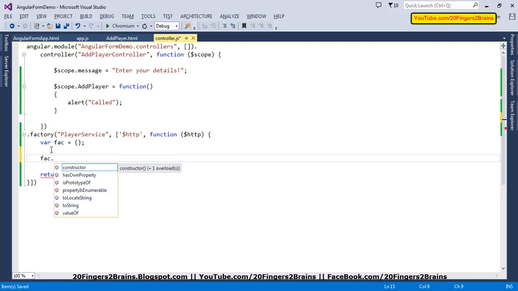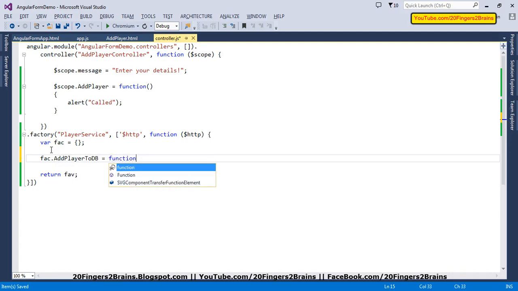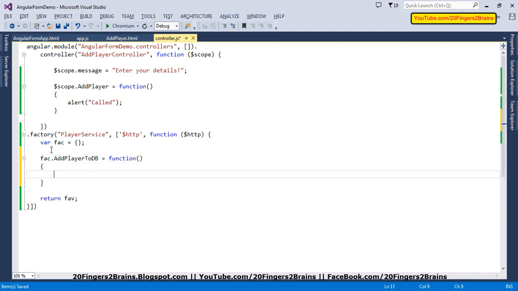So the first function we are going to create is add player to DB, and we are going to pass an anonymous function here,